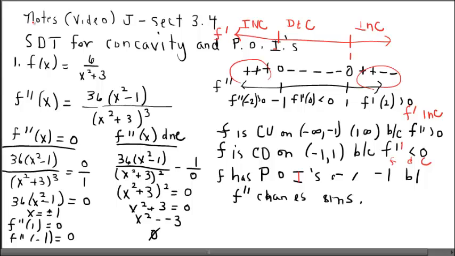But I'm kind of getting ready for something later that we're going to see. So I just need you to pay attention to, if the second derivative is positive, that means the first derivative is increasing. Okay. And I know this is gone here, but let's kind of look at it. The f graph has points of inflection. I think this was at x equals 1 and x equals -1, maybe positive -1, because f double prime changes signs. Well, I could also say an alternate justification would be that I have points of inflection because